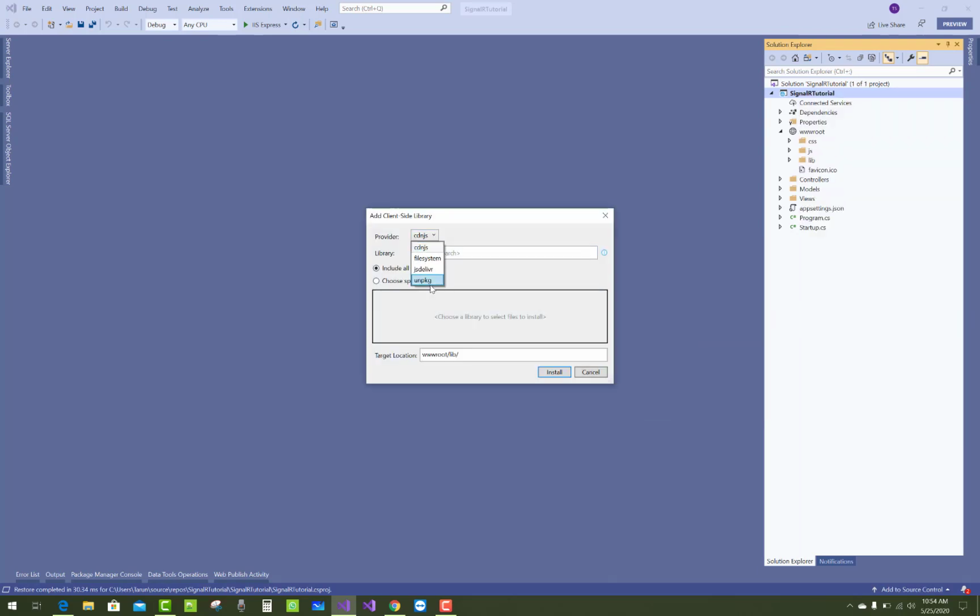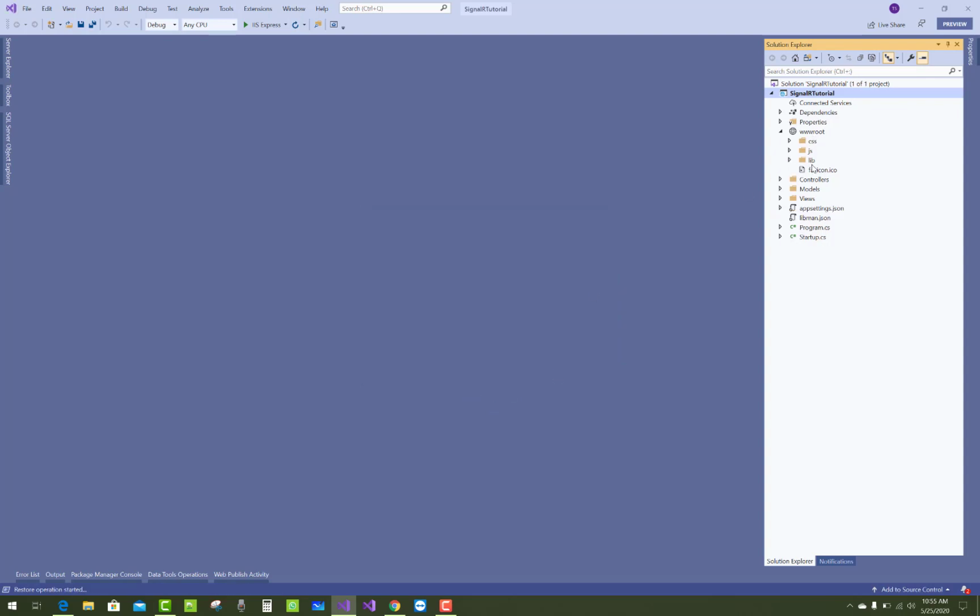And if you want to add SignalR in your application, first of all add a client-side library. In the library section you have to add Microsoft.SignalR and select the radio button to choose specific files. In the files we only select two files, that is signalr.js and signalr.min.js, only two files. Also change the path name: wwwroot folder, lib, and inside it signalr. Okay, so that was just a brief introduction about SignalR.